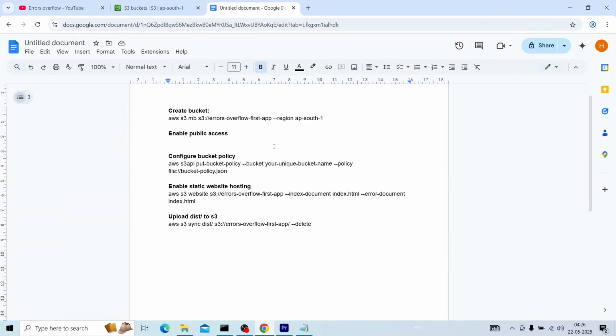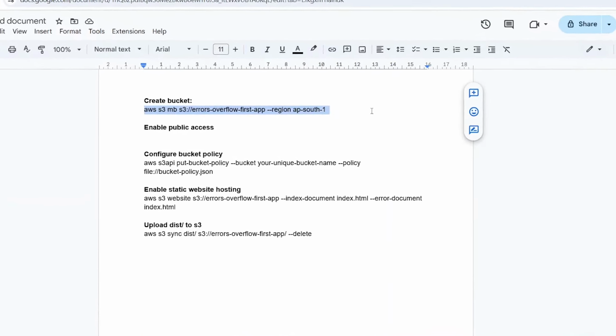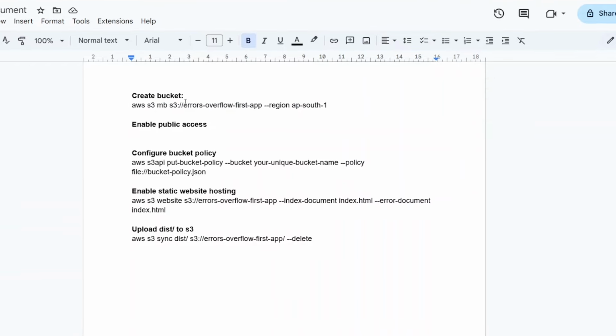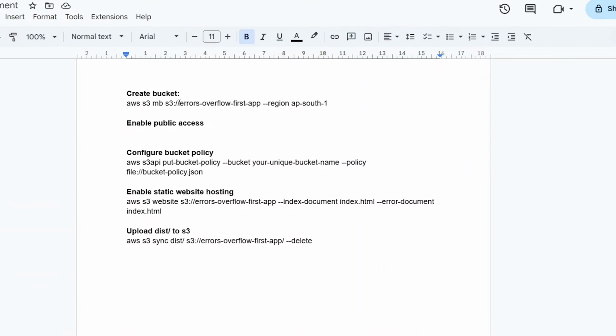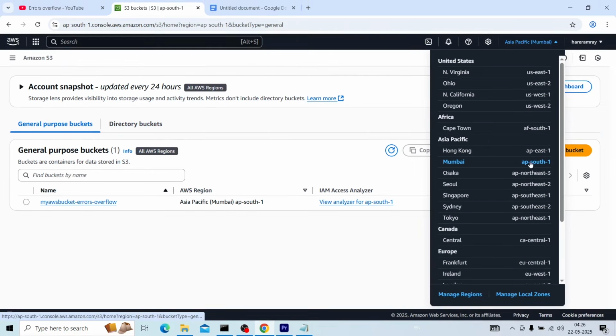Now we'll create the bucket. So here this is the command to create the bucket: aws s3 mb, then s3 colon double slash unique bucket name, then hyphen hyphen region, then the region. I am in ap-south-1. Here you can see the region ap-south-1.